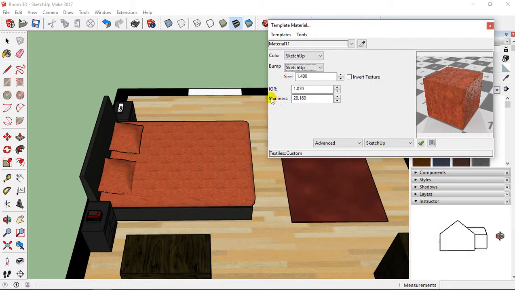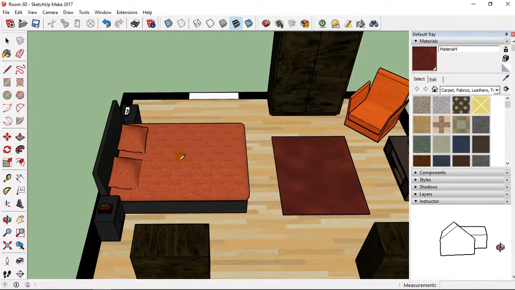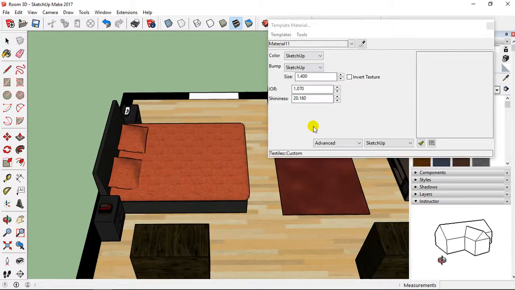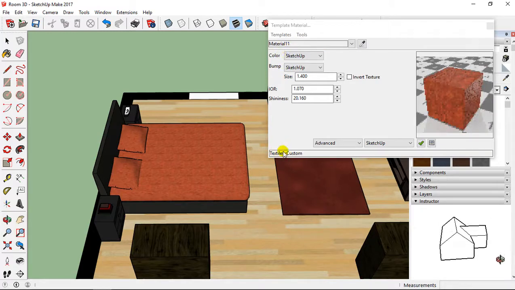If you want, you can also improve shininess and index of reflection. And then it's okay for that. The modifications are saved automatically. So I click here, and you can see that I'm on template textile and I have the bump, so it's okay.